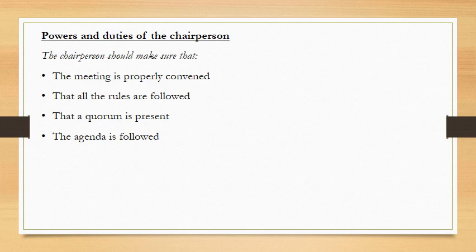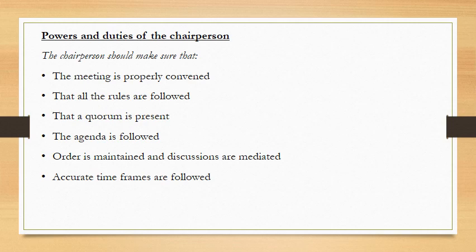Okay. So the chairperson must make sure that enough people are at this meeting, must make sure that you stick to the agenda. You do get a program of what's going to be discussed in the meeting. So the chairperson must make sure that people stick to this agenda. Must also make sure that order is maintained. People don't hit each other. If they have heated discussions, the chairperson must remain objective and mediate these discussions. Now, we have seen in our wonderful country that people attack each other in meetings and hit each other with water jugs. So a chairperson is the one who has to make sure that these things don't happen.